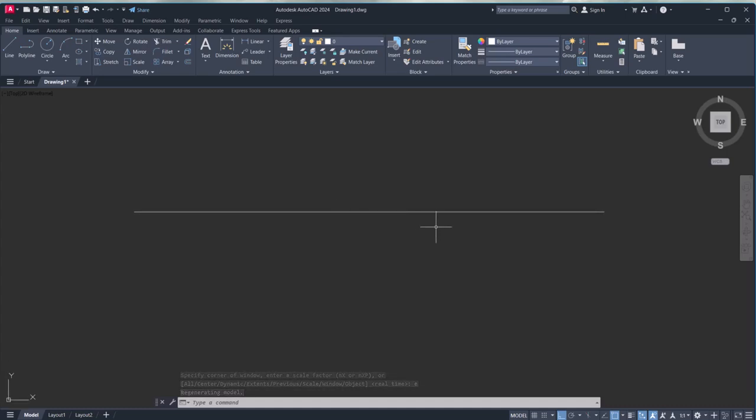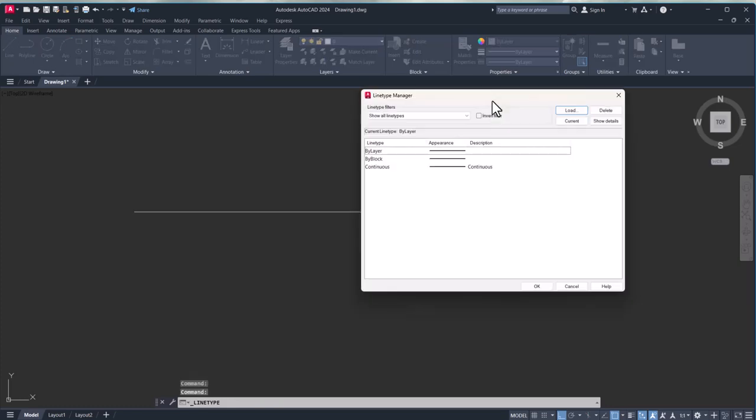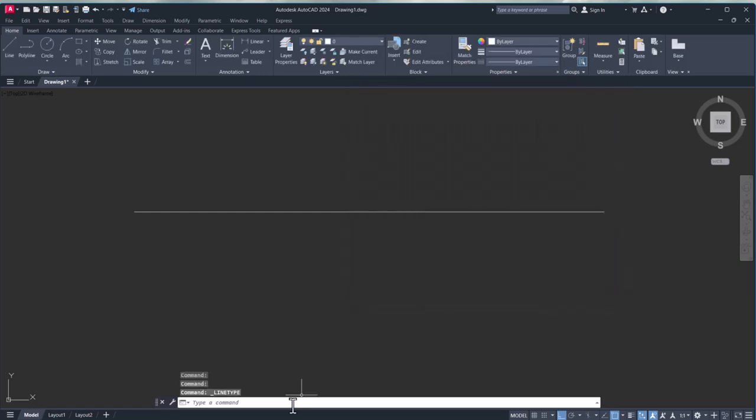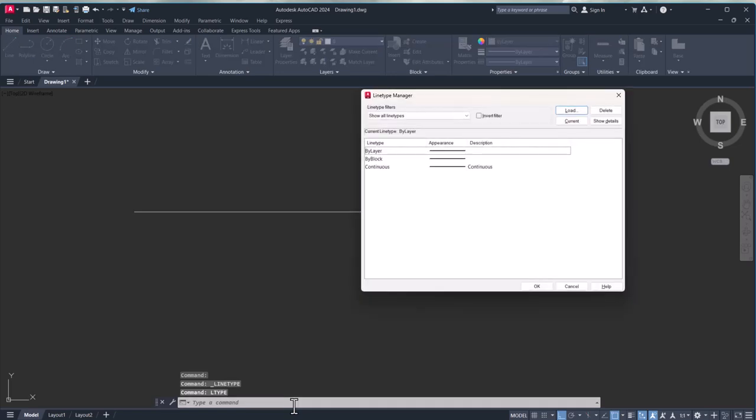To make this one hidden line, we have to select here to open the line type manager. Click others and here the line type manager will open. There is another way. You type here LTYPE, enter, and the line type manager will also open from the command prompt. Now you click on load